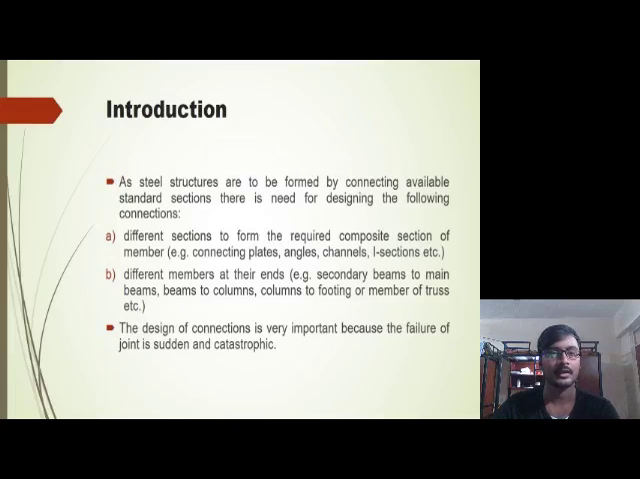Coming to the introduction, steel structures are formed by connecting available standard sections, because whatever sections we want, we can't get them available in the market. So we have to make the sections required for our structure by connecting the standard sections, and for that we need connections. There are basically two types of connections to form the required sections from the standard sections of steel structures. The two connections are as shown,